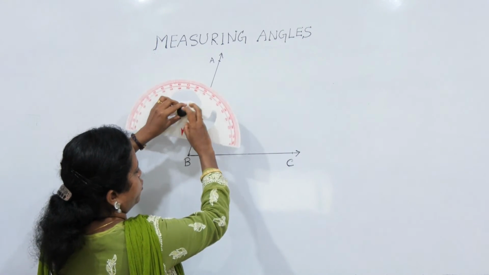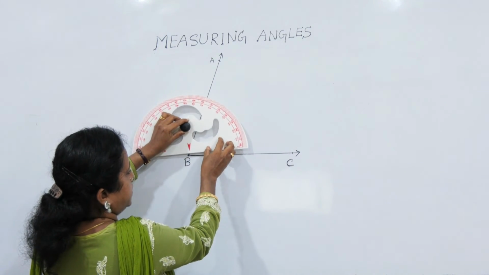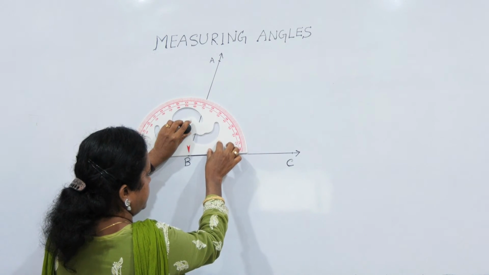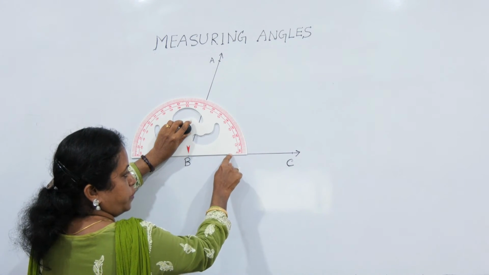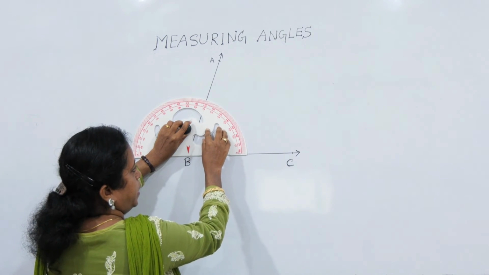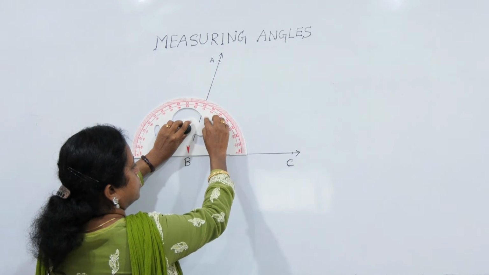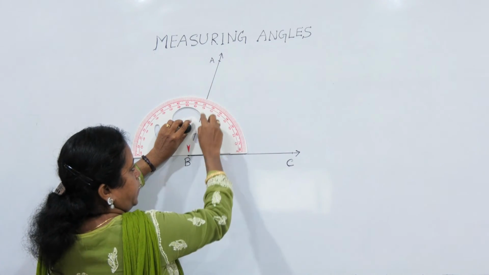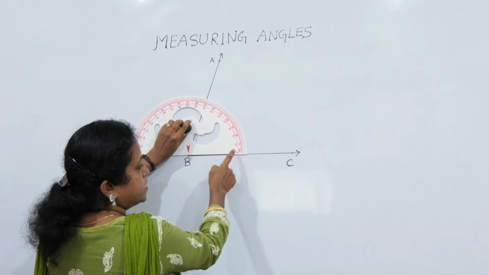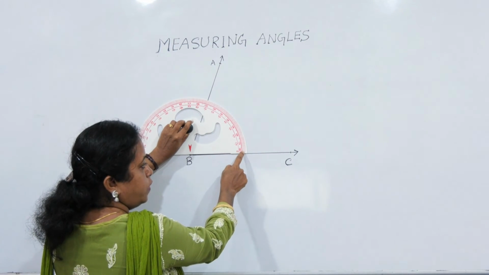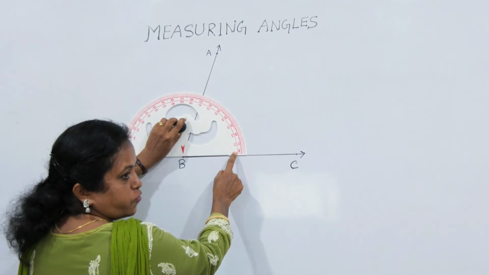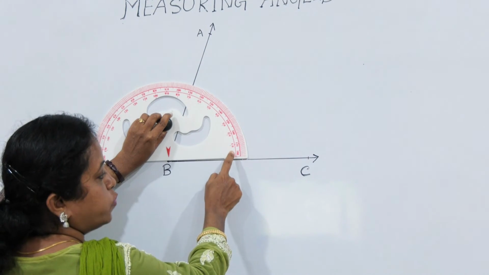So I have to place the protractor with the midpoint of the protractor at the vertex B, and I have to adjust the protractor in such a way that the straight edge of the protractor is exactly on the ray BC. Now the mark which falls on the ray BA will give the measure. And which reading you have to take is also important. You will see here two readings, one starting from 0 and another from 180 degree. You have to choose the reading which starts from 0. That is very important, or else you will make a mistake.